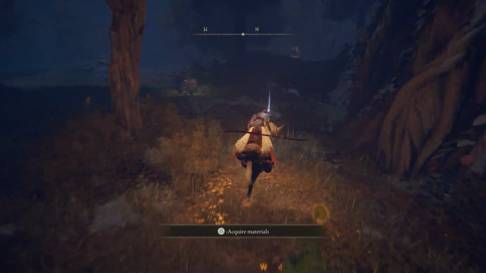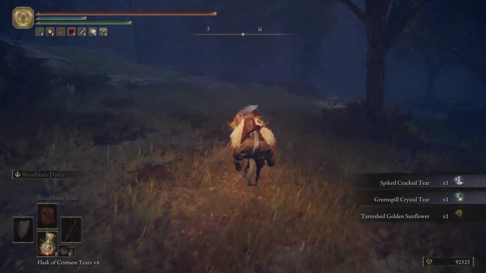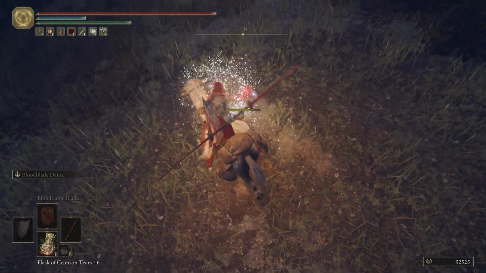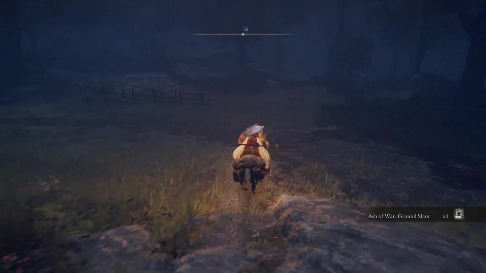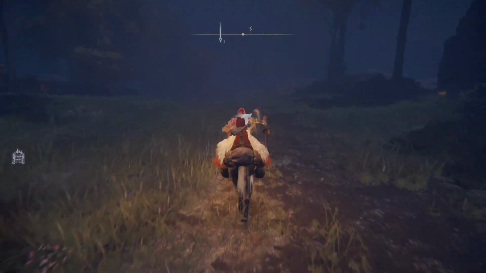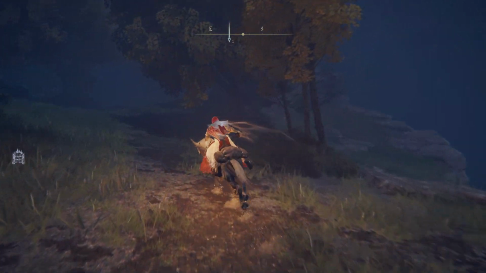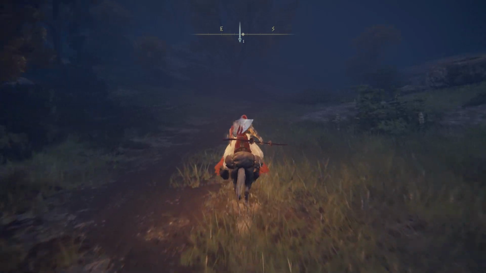There's a piece of loot here. What's that? Oh, nice. Really not having the time to explore the open field. I'm just picking the items that I need to proceed. But yeah, here's the Nokron City. On the right should be...